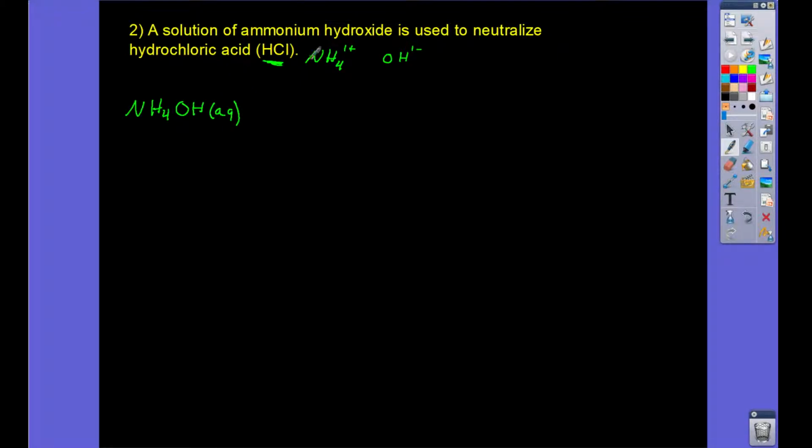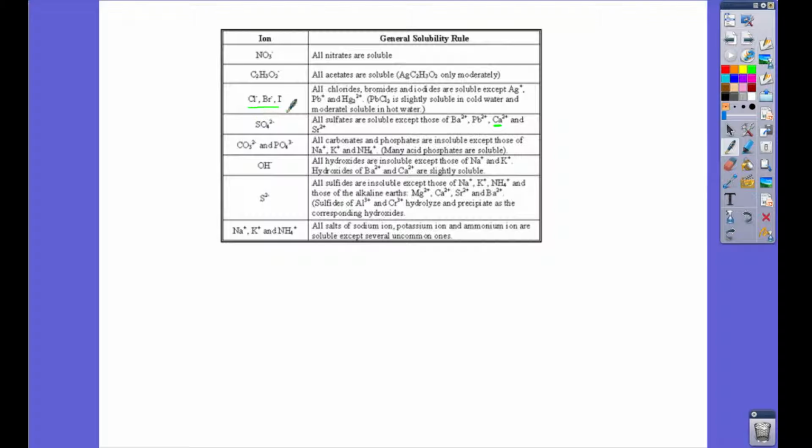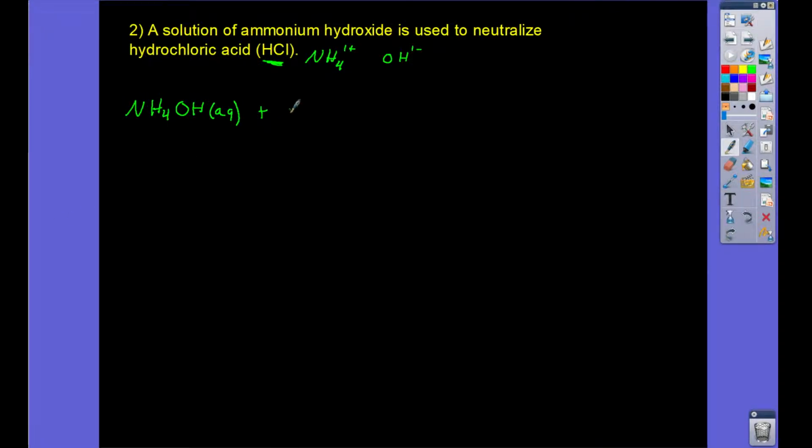For HCl, it doesn't tell us that this is going to be a solution, so we can just jump on over to our solubility rules real quick just to double check. And for the chlorides, bromides, and iodides rule, which hydrochloric acid would fall under, HCl is not going to be an exception to that rule, so that should be aqueous as well. So we have HCl, aqueous,